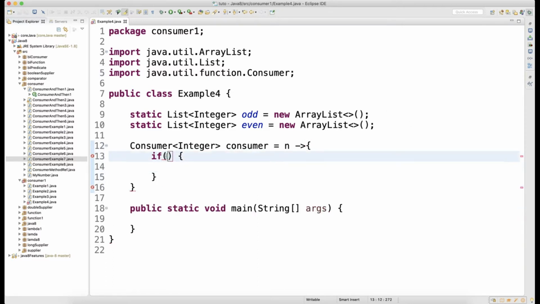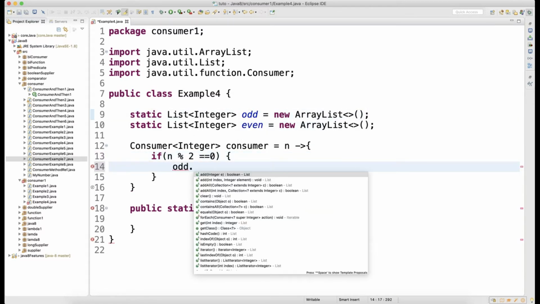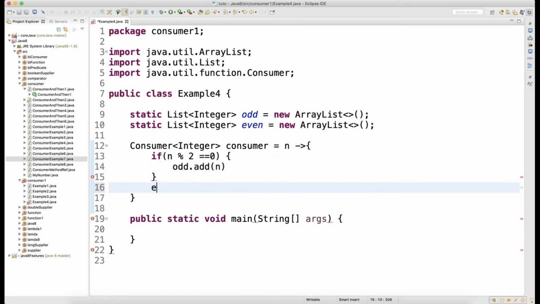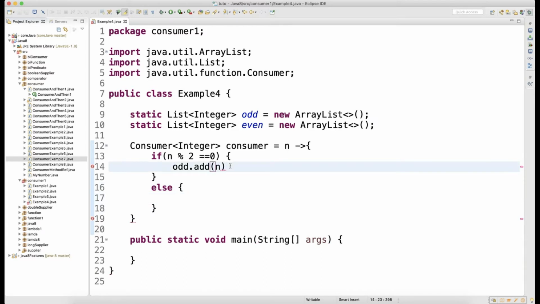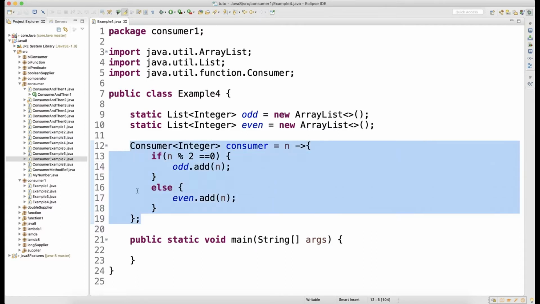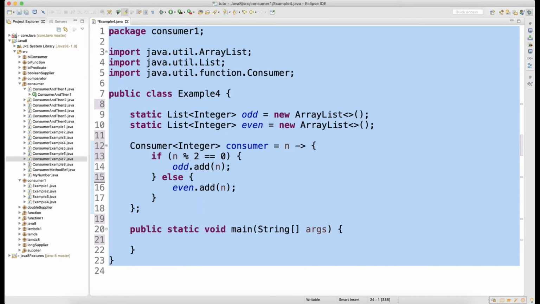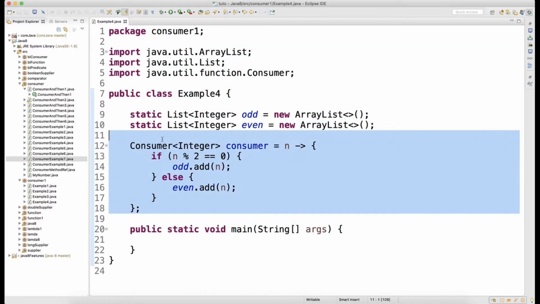If this number modulus 2 is equal to 0, then add to this list, dot add this n, else add to this second one, odd dot add. And your lambda should always end with a semicolon. Now this consumer will add your data and your lists will be prepared.